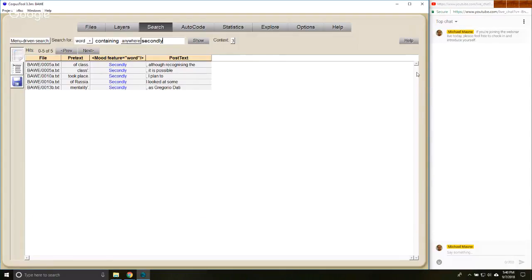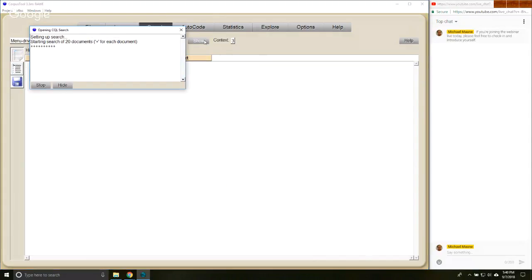Secondly, okay. If we wanted to see all forms of second, I was going to throw this in maybe later, but it's good to deal with it now. If we want the words or the string second, and then basically any variation of that, we can do what we do in any kind of search situation, which is put in a wildcard character. And in the CQL language, that wildcard character is the asterisk. It's the star. So when we press show here,